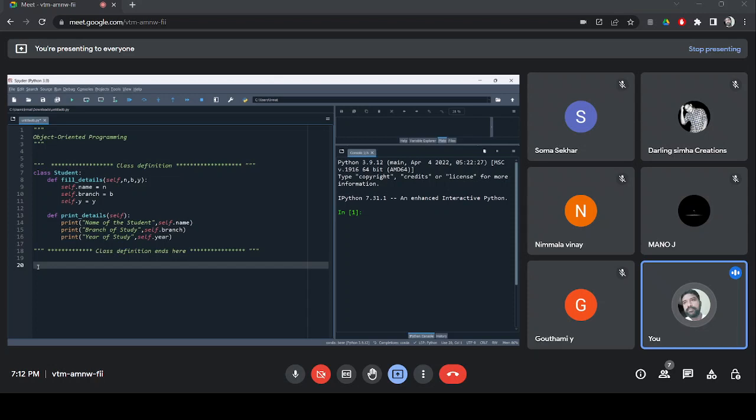Okay. Now, what I have shown you here is called class definition. In the beginning of the class, I said whatever we create to build a building is called a sketch or model. This class definition is a sketch or model, nothing but a sketch model for an object. If you run the program,